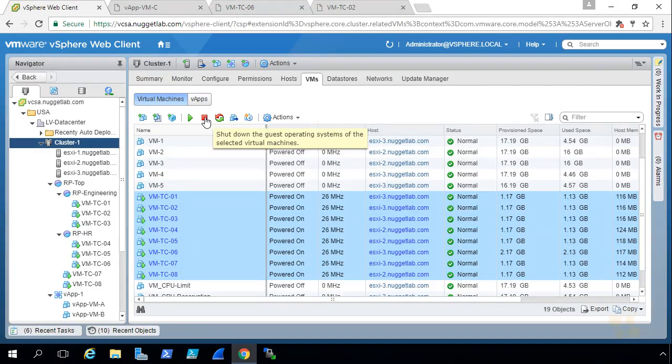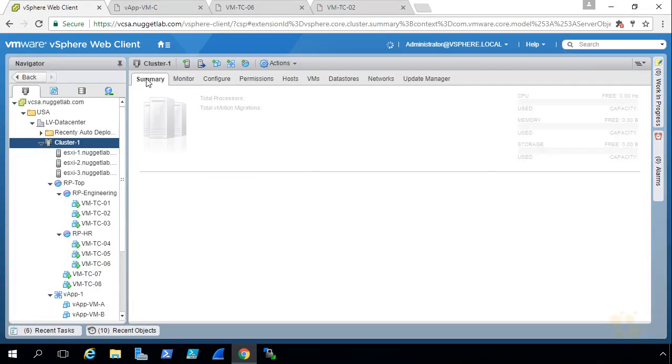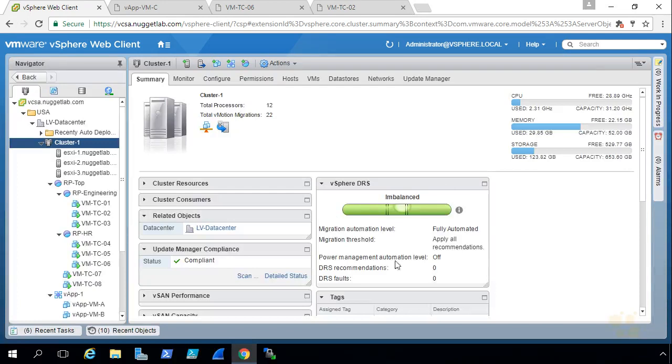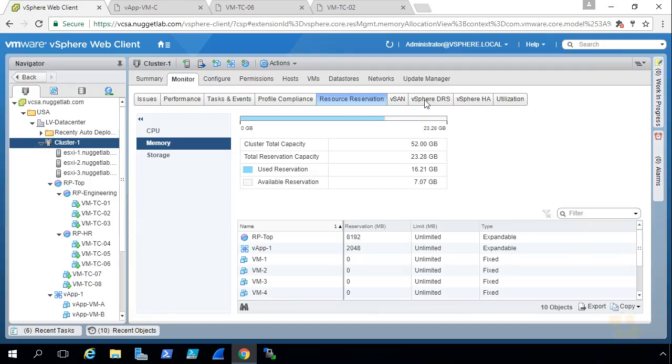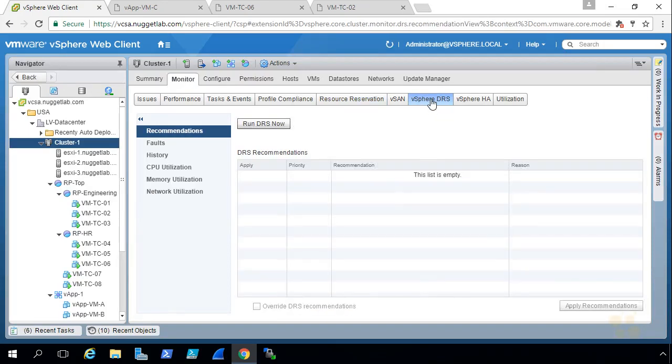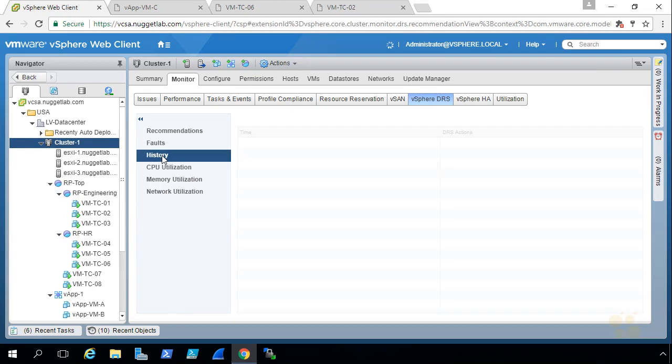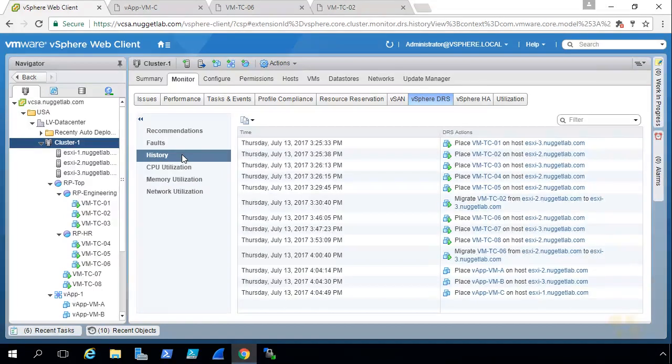off. Another cool thing we could look at before we power them off is we could go ahead and click on the Summary tab for the cluster and take a look here at the vSphere DRS at how well it's doing balancing. And if we clicked on the Monitor tab for cluster 1 and then selected vSphere DRS right here and then clicked on the History option, it can show us the history of what vSphere DRS has been doing